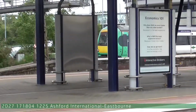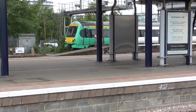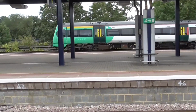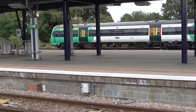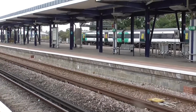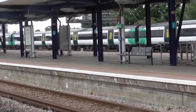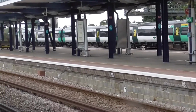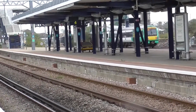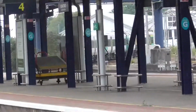Passing out now is 171804 on the 1225 Southern service from Ashford International here to Eastbourne. Looks to be just 171804. Yep, this is a nice 4-car unit, this one. So next up that will be Ham Street, as it goes around a beautiful little curve there, diverging off from